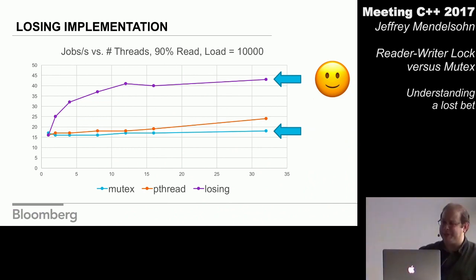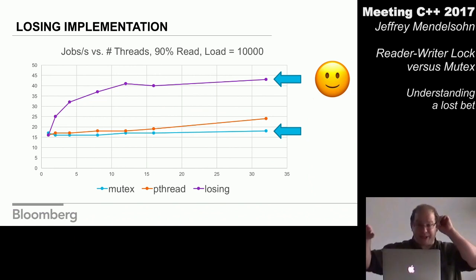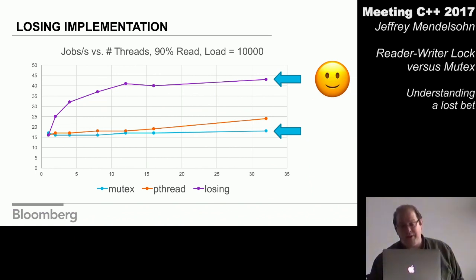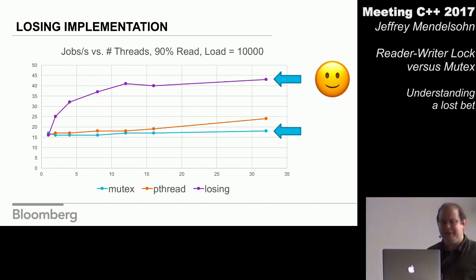Did I say that right? 90% readers, 10% writers. Again, at the ridiculously long hold time, we see this reader-write outperforming the mutex very nicely, but there's no scalability now, even at 90%. Part of the reason I believe this is due to the atomic operations or the effect of the cache is because it happens at the same place. As soon as I go to 90%, I see basically the same flattening. So there's a lot of circumstantial evidence for that.